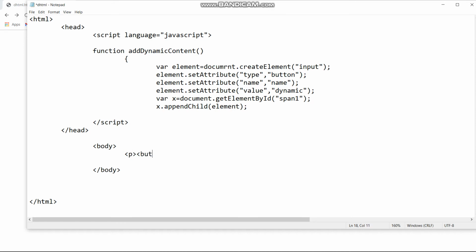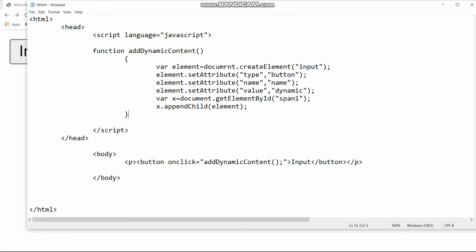Then we are going to create a paragraph tag, and inside it we need to create a button that says onclick, and we need to add this function inside it. I'm naming this button input, button tag close and paragraph tag close.